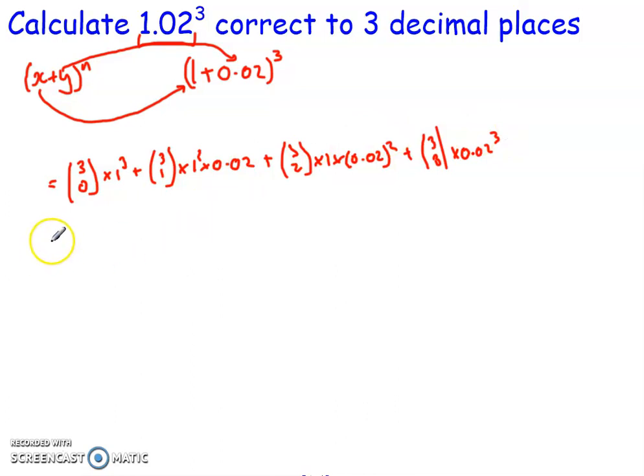In this case, what I'm going to do is look at each of the terms here, and I'll show you what I mean. So the first one, 3 choose 0 times 1 cubed, just gives me 1. If I then do 3 choose 1 times 1 squared times 0.02, what I end up getting for that is 0.06. I'm then going to get the next term here, 3 choose 2 times 1 times 0.02 squared. That gives me plus 0.0012. And then my final term is going to be given by 0. Then I've got 5 zeros,